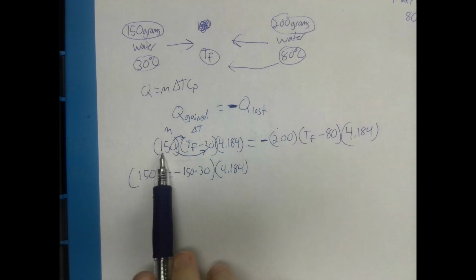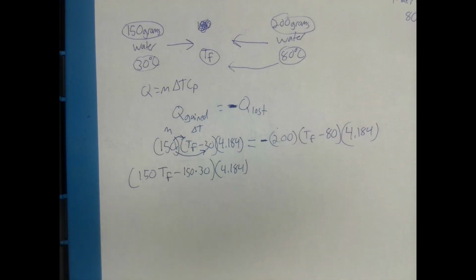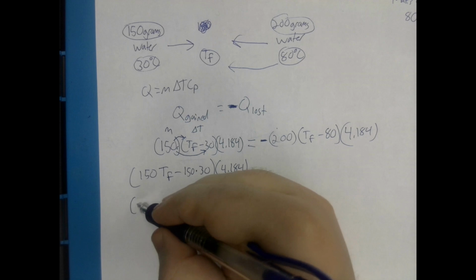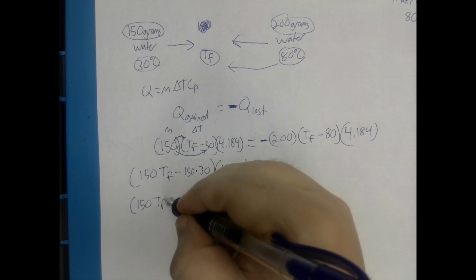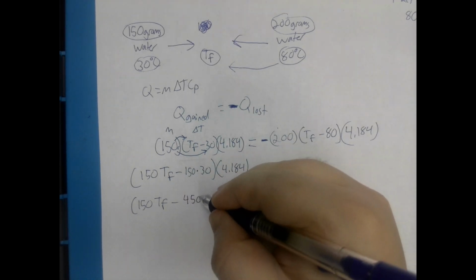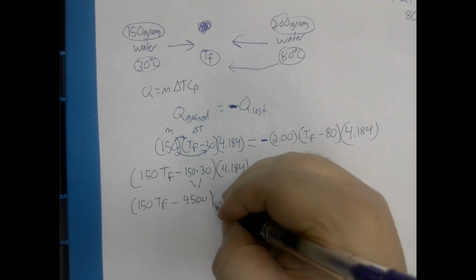So I distributed this 150 to the TF and the 30. Simplifying now, 150 TF minus 150 times 30. So multiplying this down,